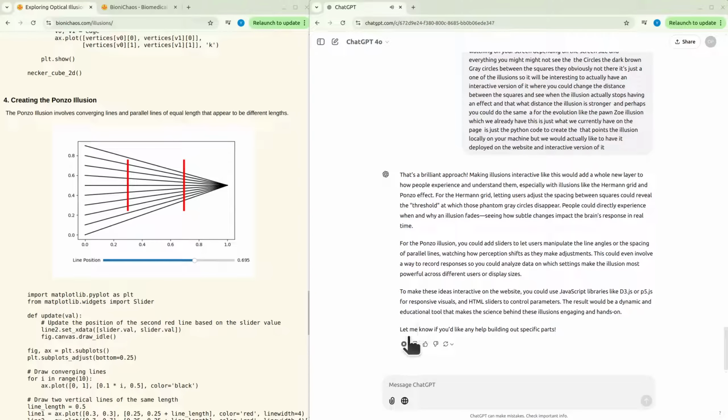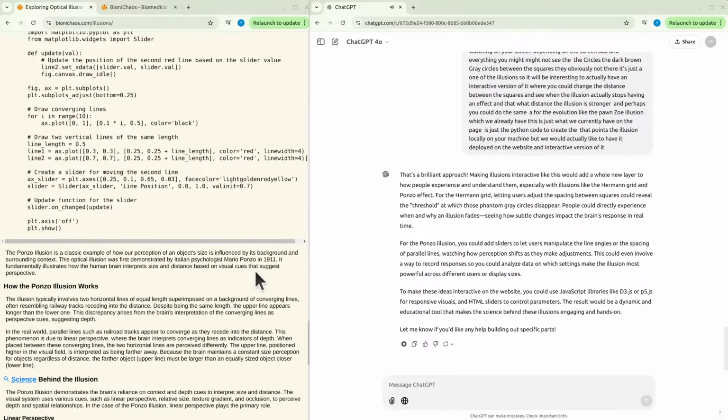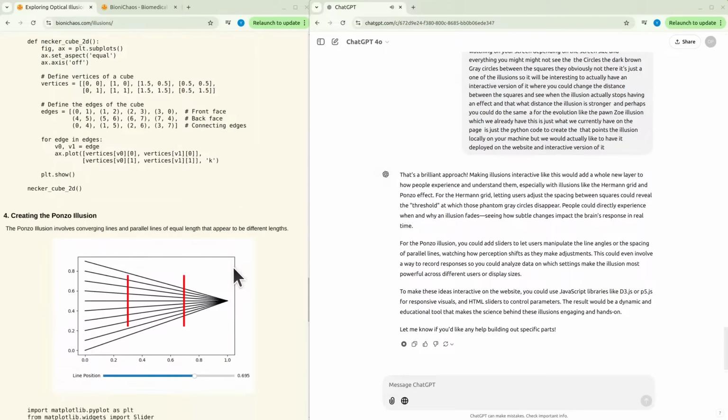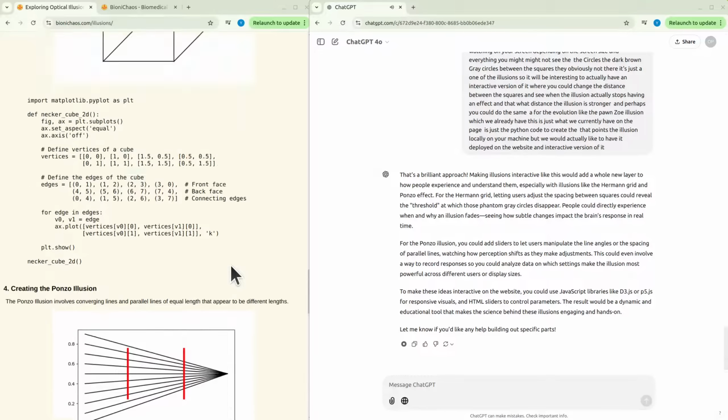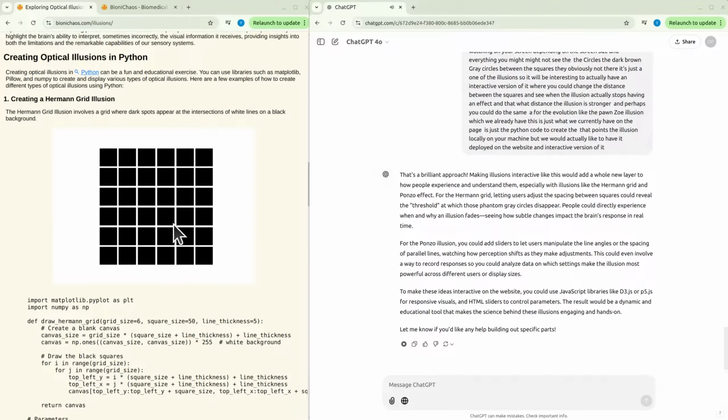That's a brilliant approach. Making illusions interactive like this would add a whole new layer to how people experience and understand them, especially with illusions like the Hermann grid and Ponzo effect. For the Hermann grid, letting users adjust the spacing between squares could reveal the threshold at which those phantom gray circles disappear. People could directly experience when and why an illusion fades, seeing how subtle changes impact the brain's response